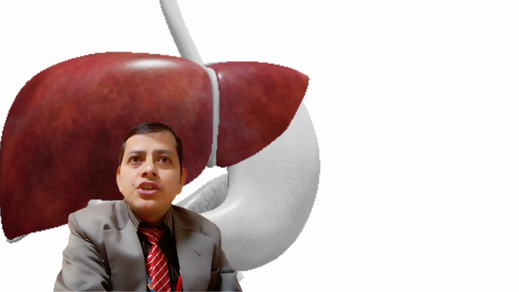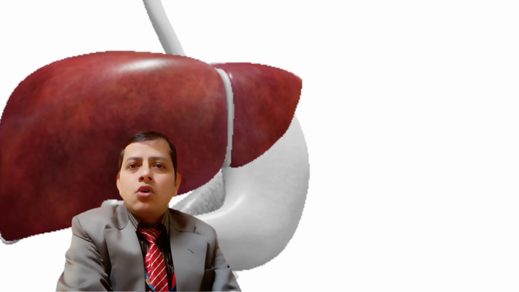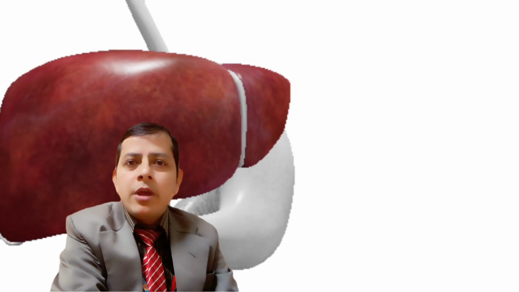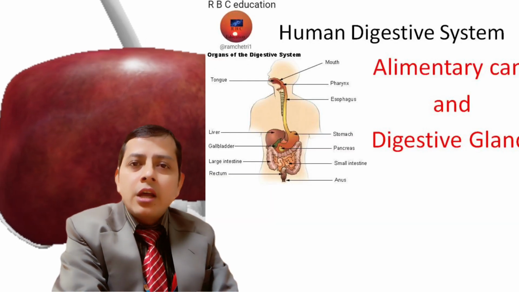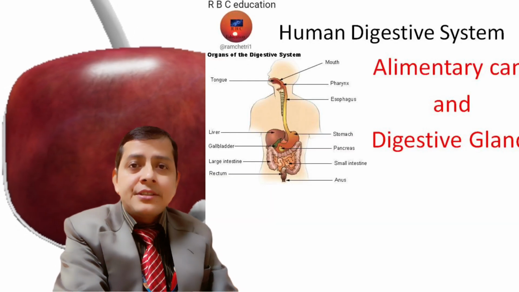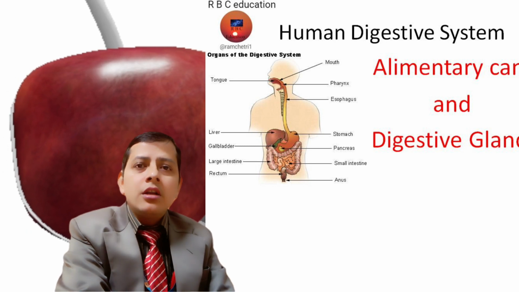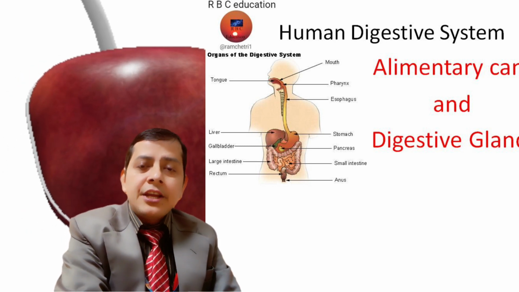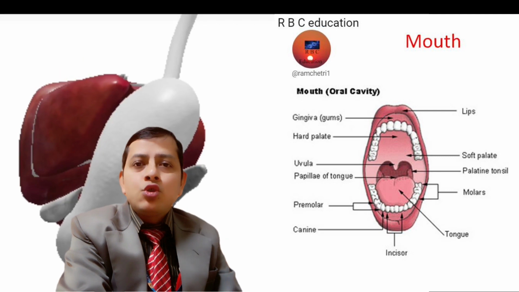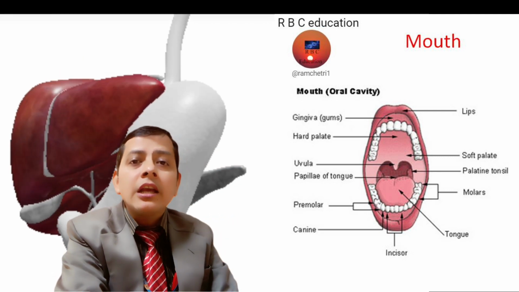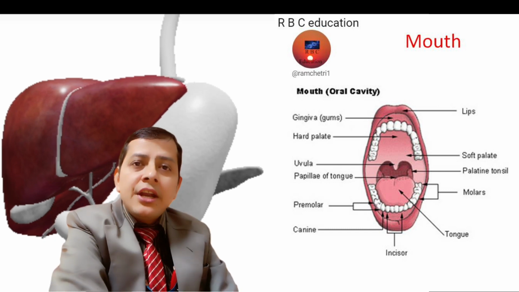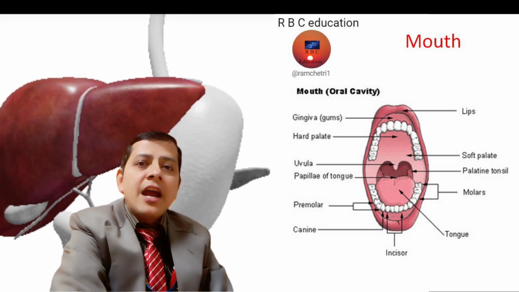The digestive system in human beings. When we talk about the digestive system in human beings, we can divide it into two parts: the alimentary canal and digestive glands. The alimentary canal starts with the mouth and ends with the anus. Inside the mouth, there is a cavity called the buccal cavity, and inside it we can find